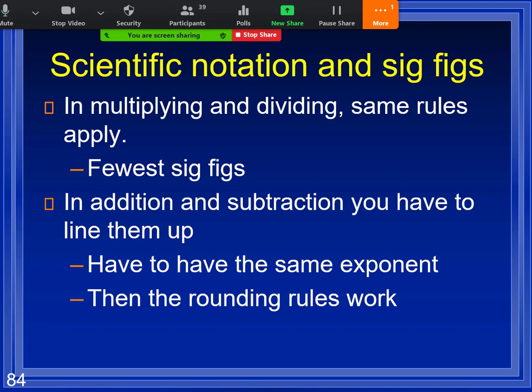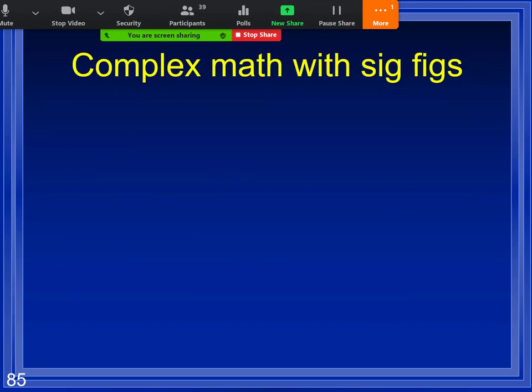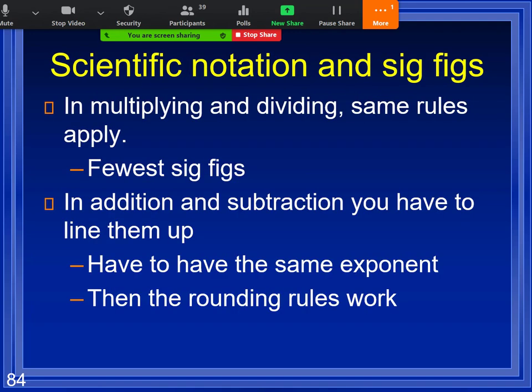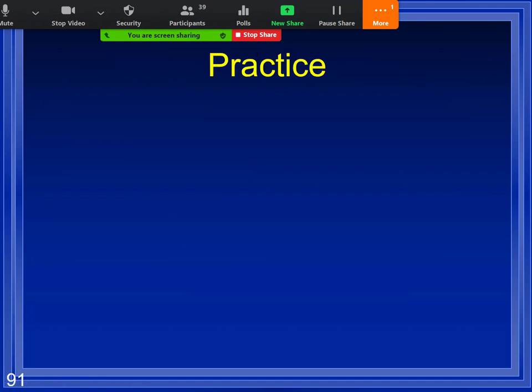Okay. Oops. So let's try a couple. It was right here. Where'd they go? Okay. So,